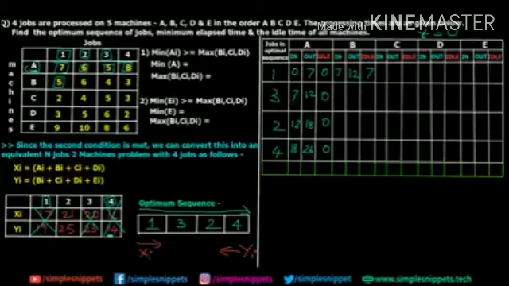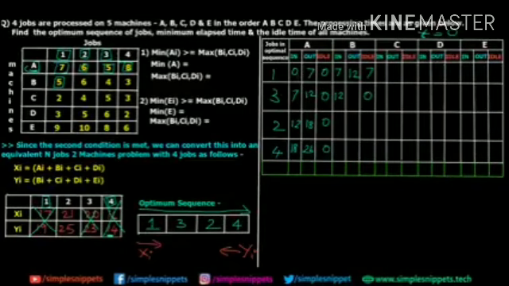Job 3 was being processed on machine A from the 7th minute to the 12th minute. And at exactly the 12th minute, machine B also got freed. Which means as soon as job 3 is finished on machine A, it will be immediately moved over to machine B. So again, end time is going to be 12 and B did not have to wait for job 3, right? So the idle time is going to be 0.